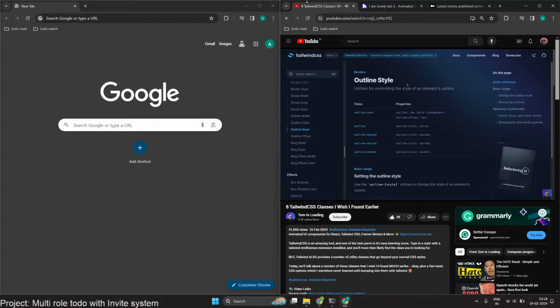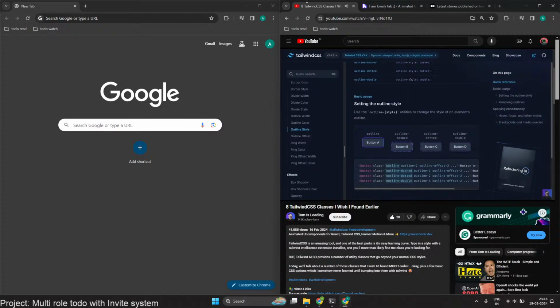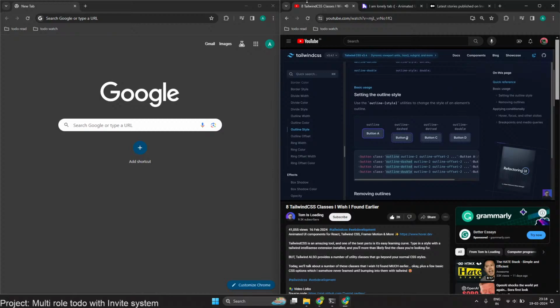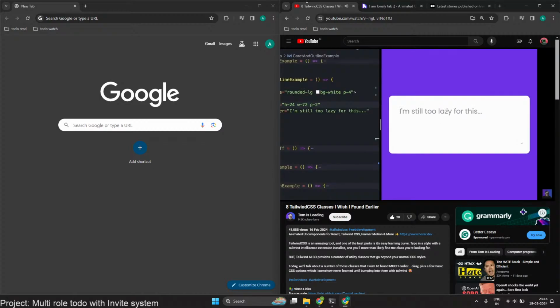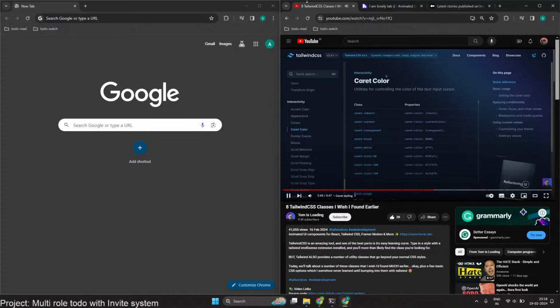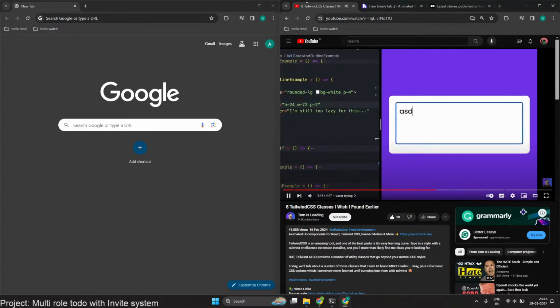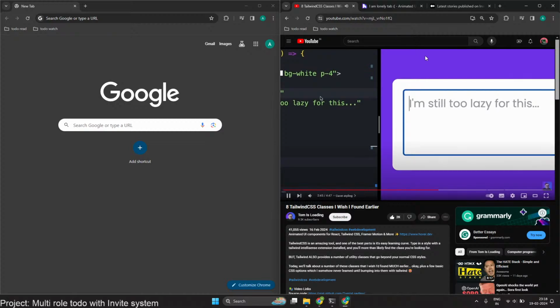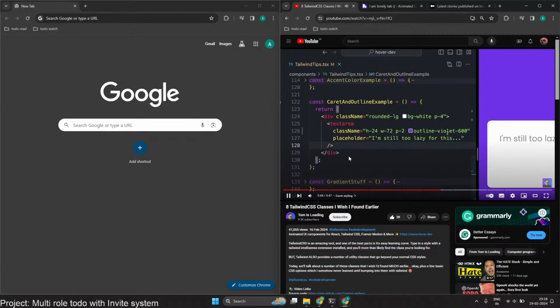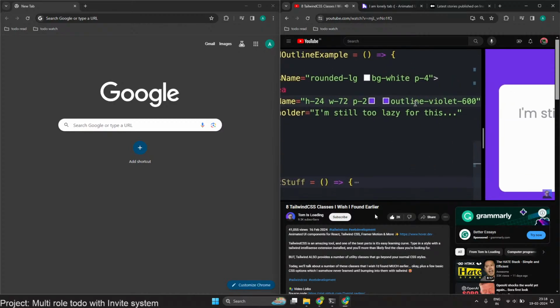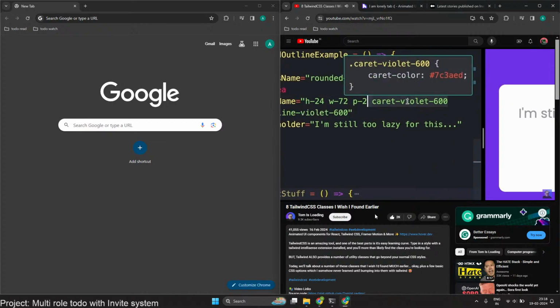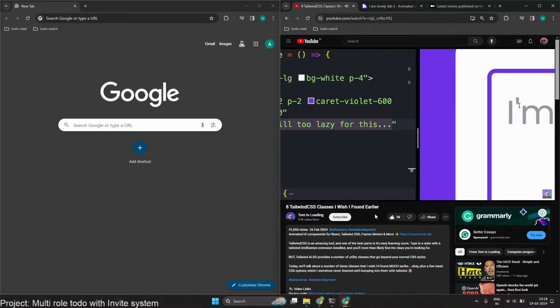For the next one, I'm going to show 2 separate classes because I feel like I often use these together. The first is outline, which I'm sure you've seen before. You can just add outline to different elements, but you can also style the caret element of an input. To show this, I just have my basic little text area here that I can type stuff into, and I don't really like this blue border, so I'll fix that by adding an outline of violet 600, and now we'll see that that's styled. But you can even style this little blinking cursor right here using the caret class. So before my outline, I'm also going to add a class of caret violet 600, and if I zoom in, we should now see that that matches my style as well.